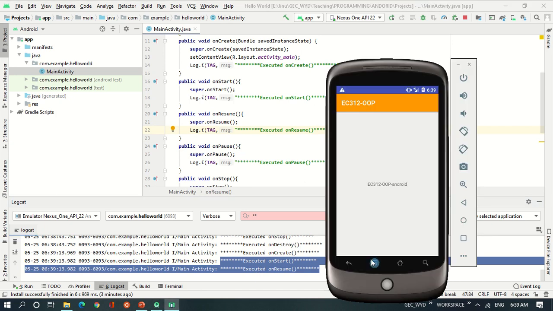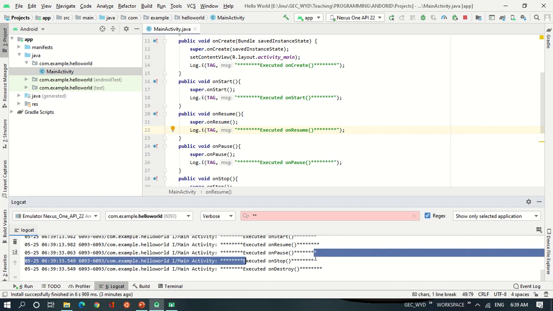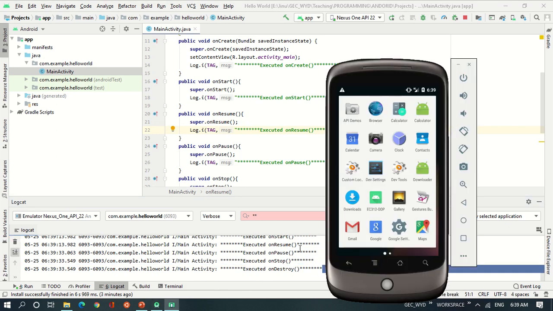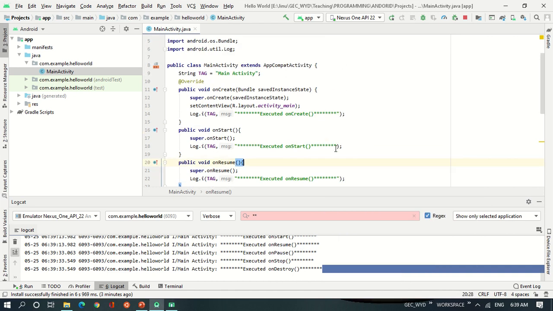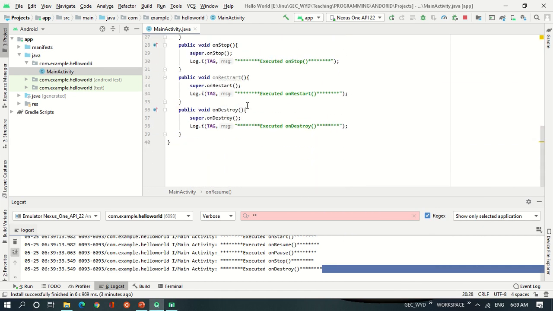Now when I click the back button, it went into the pause state, and then to stop, and then to destroy. So this is the complete activity life cycle of the Android application, and in each of these states it will call the corresponding callback function, from onStart to onDestroy.